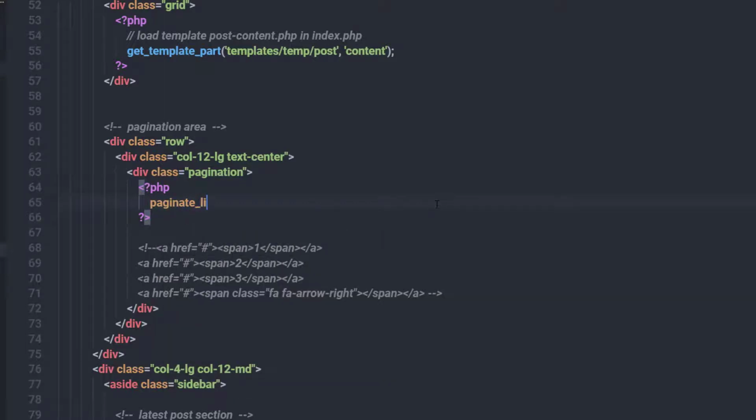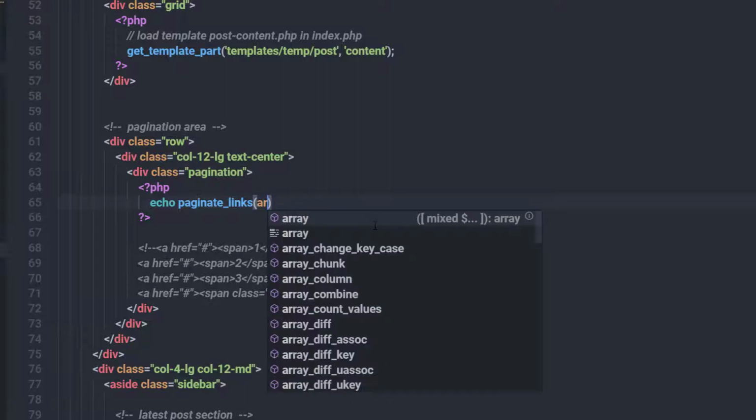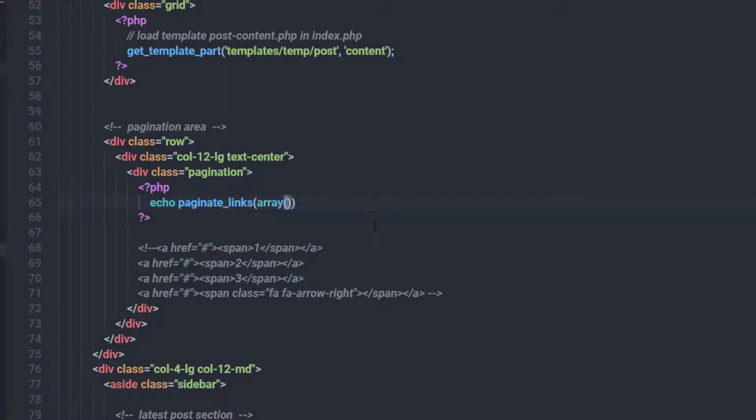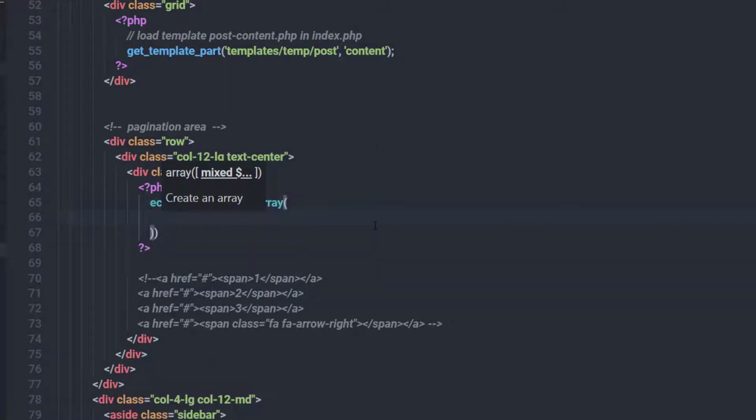paginate_links. Using this template tag, I'm going to get the pagination links of this WordPress theme, and I'm going to print the value of these pagination links using the echo statement. So I'm going to say here echo. Now I'm going to specify an array to this pagination. So I'm going to specify here array, and in the parentheses of this array I'm going to specify values to